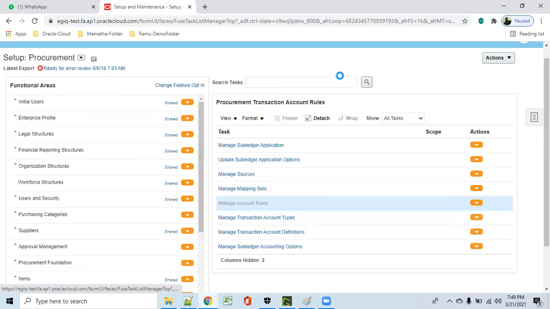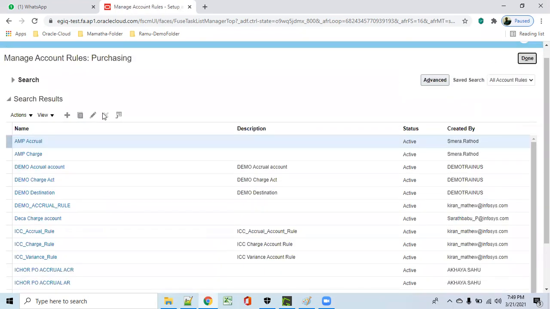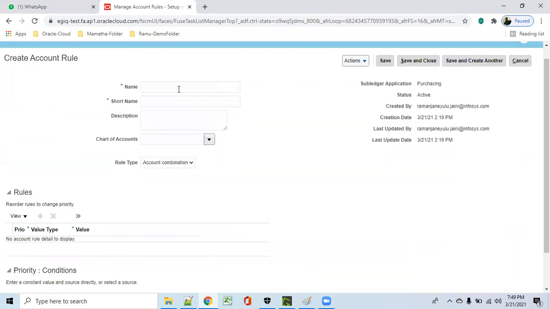The next one is the accounting rule. In this accounting rule, based on the mapping set, I want to bring my chart of accounts. This is also R01 charge account combination. I'm bringing charge account.